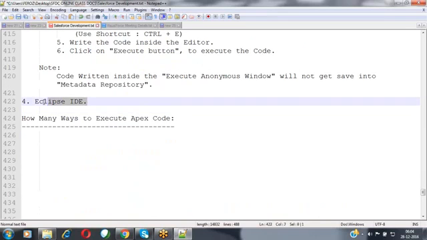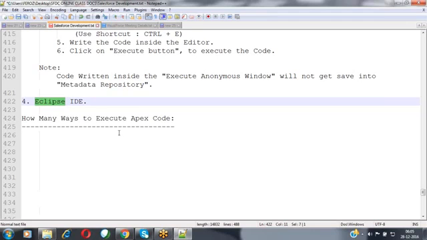In future classes, we are going to discuss how to connect your Salesforce instance with the Eclipse IDE, and how to write, run, and deploy the code using the Eclipse IDE, which we'll also see practically. During the deployment concept, we'll see what exactly change sets are, how to deploy the code using change sets, using Eclipse IDE, and using the Ant migration tool.